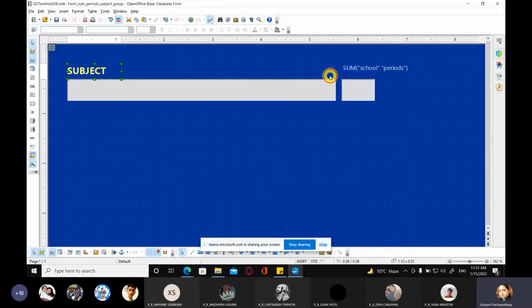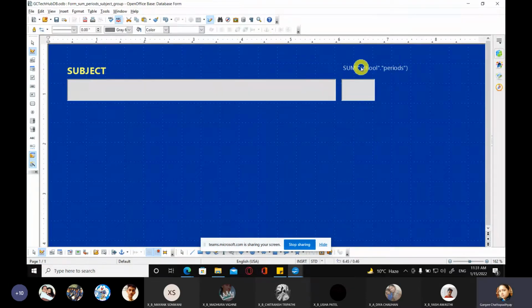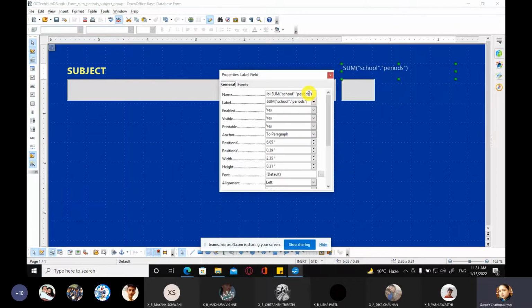And same way you can change it for this one also. So right click on this group, edit group, select this label, click on this control, and here you can change the label. See, the name will be the same, but you can change the name also, you can change the label also. So I'm just changing the label to total periods.